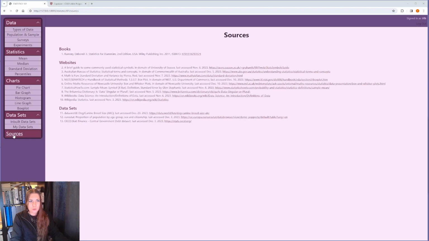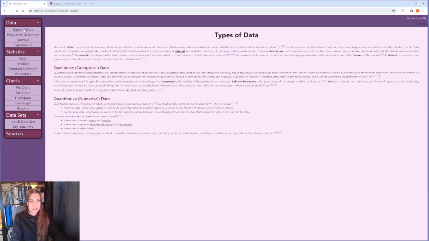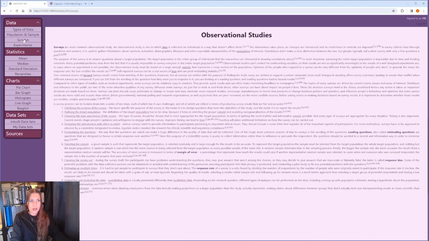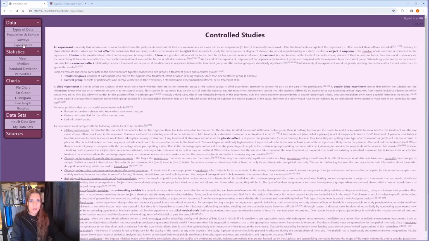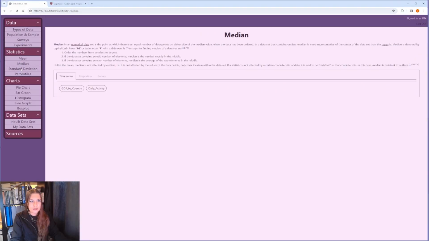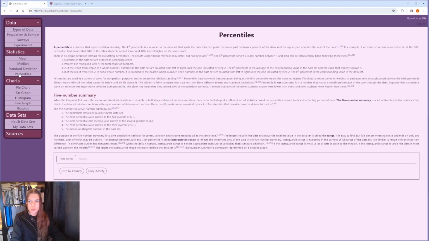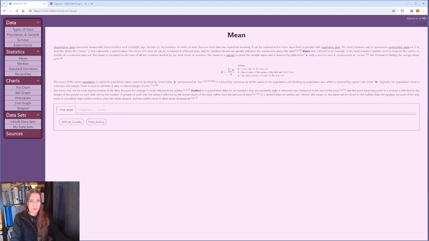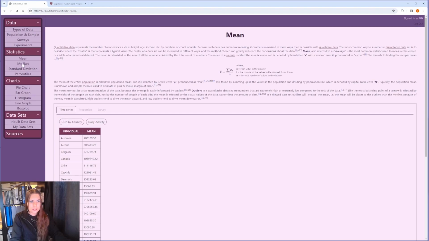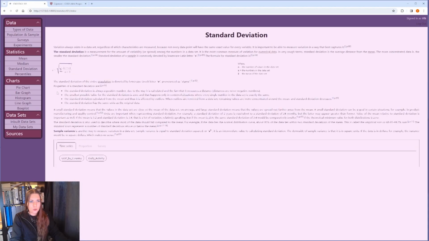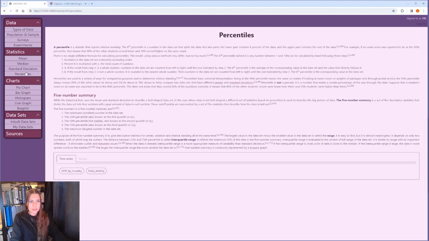The website has four main sections. The first section, Data, is purely theoretical introduction to statistical concepts and definitions. The second section of the website lists some numerical statistical measures. For each measure, it is described theoretically and formulas are given where appropriate. These formulas are rendered with MathJax library. And below the theory, there are a number of inbuilt datasets, and it is possible to calculate each statistic for